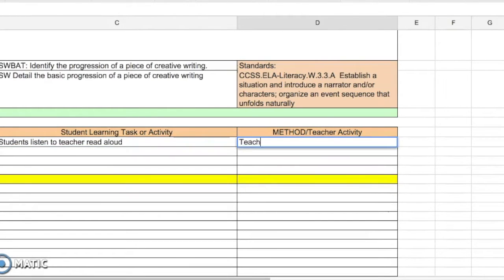And then here I'm going to put teacher method is hook, and teacher reads CYOA. That's a choose your own adventure book. These books are written in second person, and a lot of times you get to a page and it's like, oh, you find a temple in the jungle. If you explore the temple, go to page 62. If you leave the way you came, go back to page 25. And really exciting, really fun. They're a great example of creative writing. So teacher reads CYOA book to students